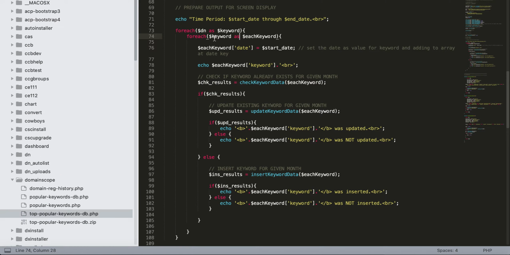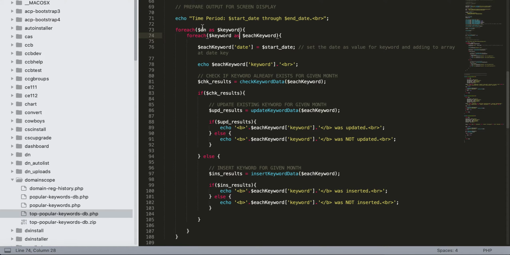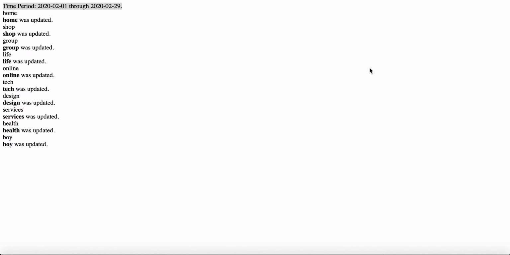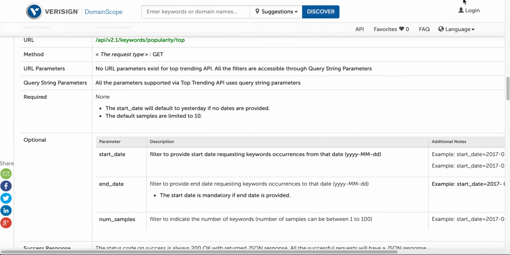Next up, because the data is an actual array, basically a decoded JSON array, a PHP array, we have to do a foreach statement. And so we essentially say foreach keyword, then we go through and each keyword is split into an array. And what I want to show you real quick, if you're not familiar, is